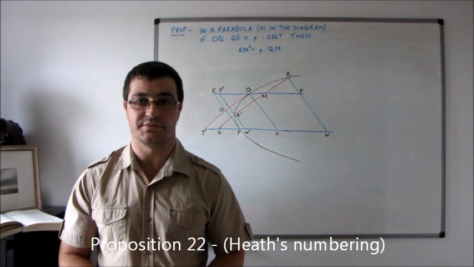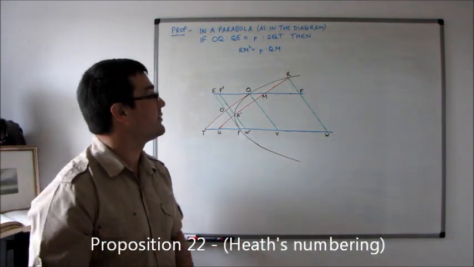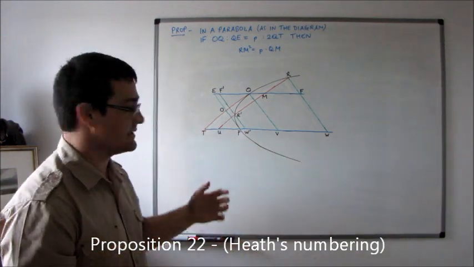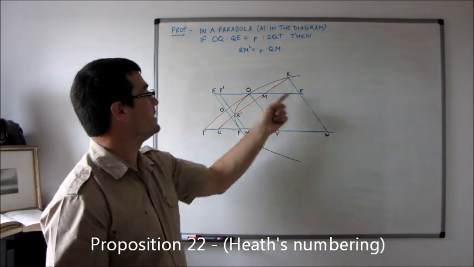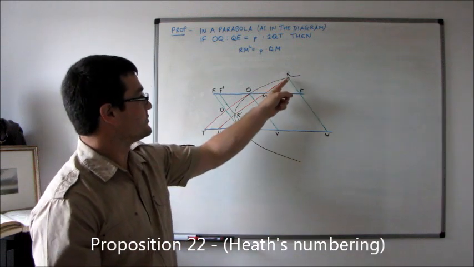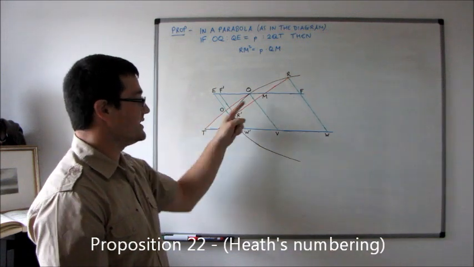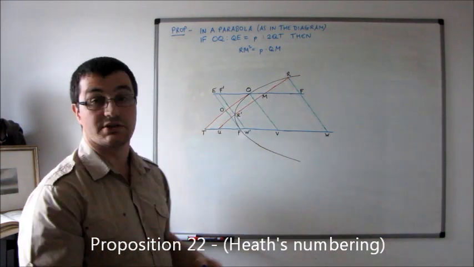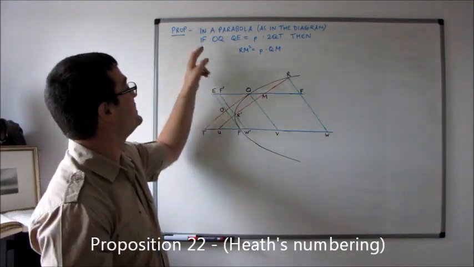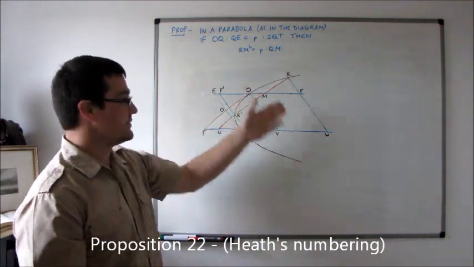Okay, so moving on to the next proposition. This is proposition 22 in Heath's translation of Apollonius's work. We've got exactly the same diagram as the previous proposition. The only difference is now we know that this blue line through Q is going to be a diameter by what we proved in the previous proposition, and we also know that this line through R, R' parallel to QT is going to be a chord to that particular diameter. So what we want to prove here is that in a parabola, so similar to the situation that we've got here,